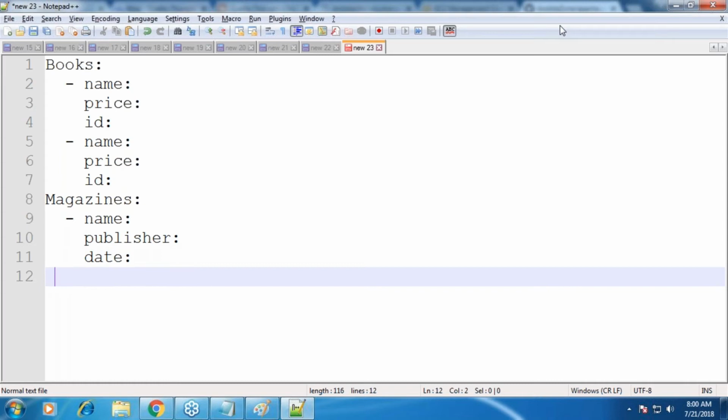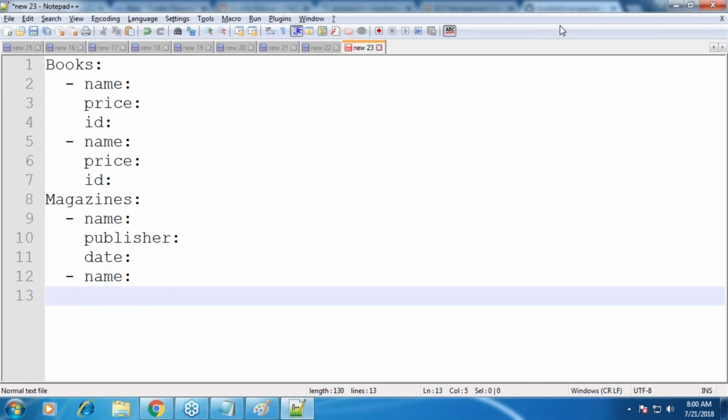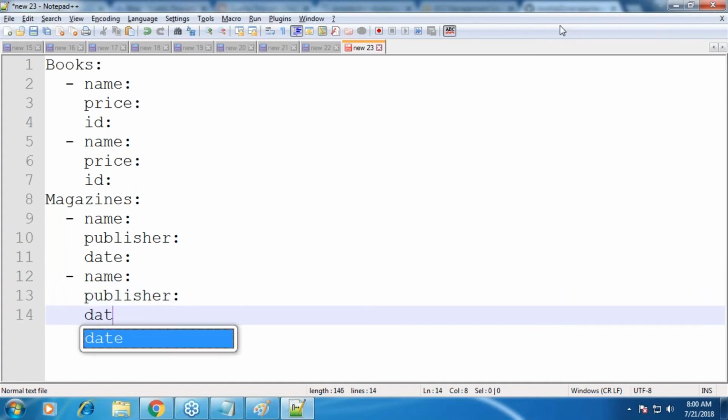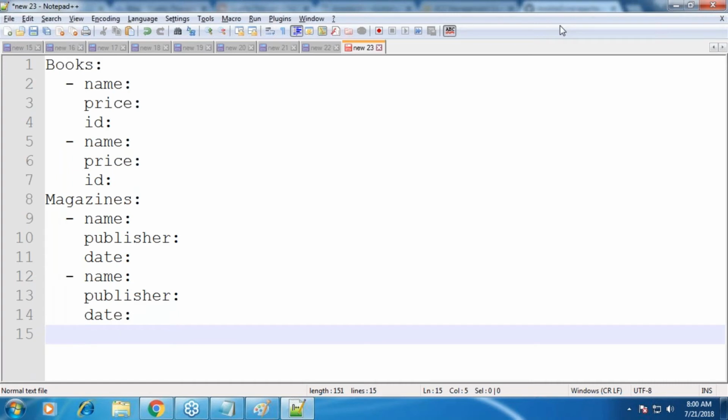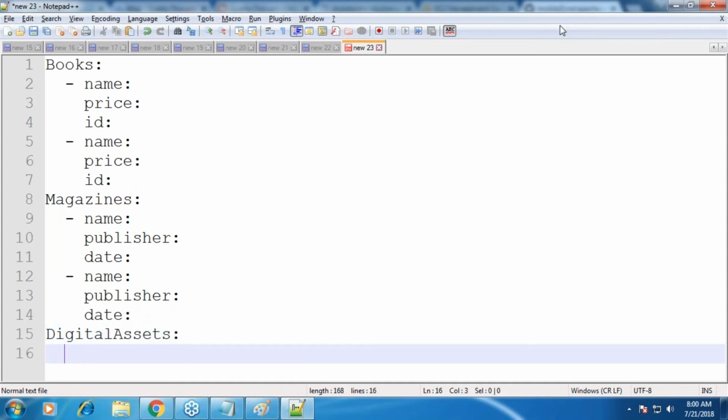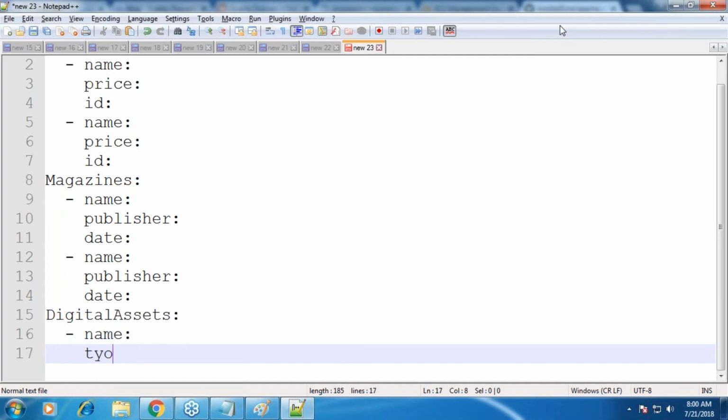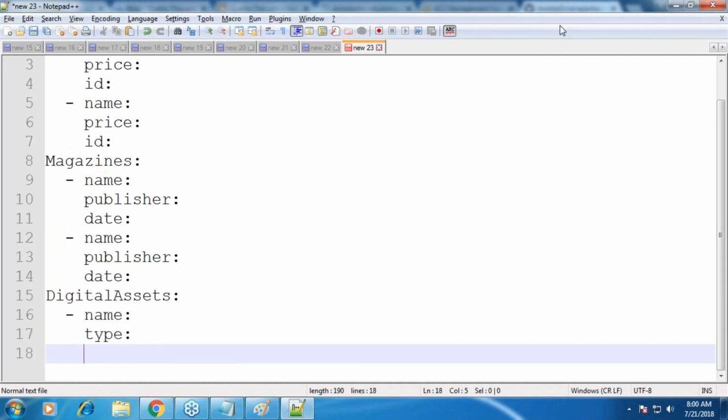So one more magazine: name, simple, yeah, publisher, date, okay. And then the last one is digital assets. Again hyphen, name, what is the asset, type, whether it is a CD or a USB drive or whatever it is, or a link. All right, you will continue like this.